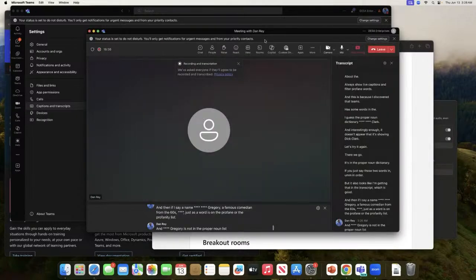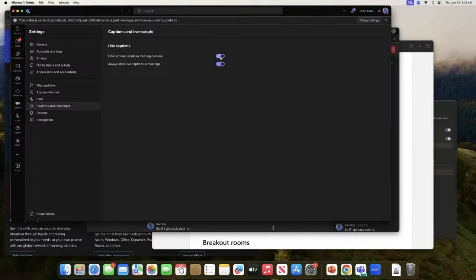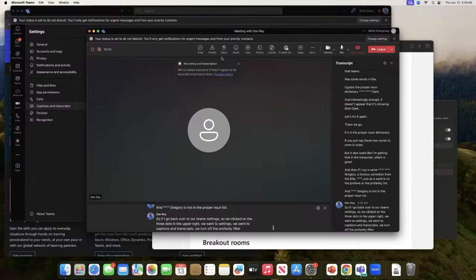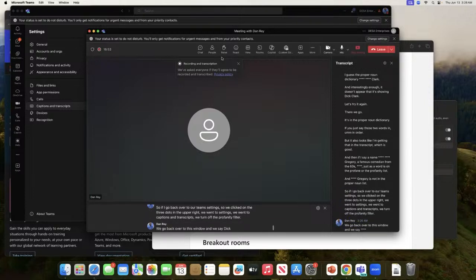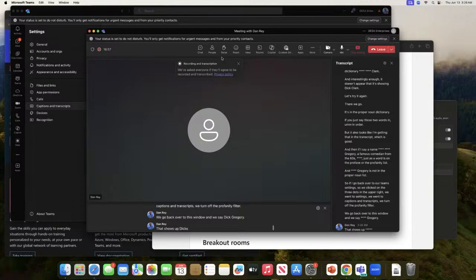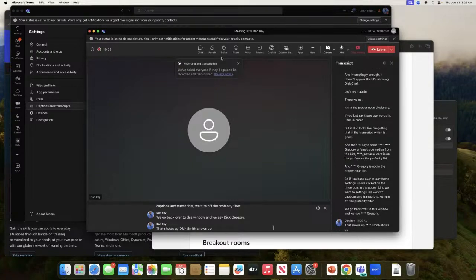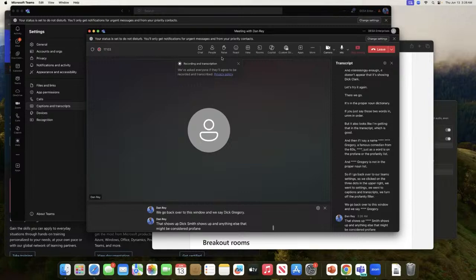So if I go back over to our Teams settings, so we clicked on the 3 dots in the upper right, we went to settings, we went to captions and transcripts. We turn off the profanity filter. We go back over to this window and we say Dick Gregory, that shows up. Dick Smith shows up, and anything else that might be considered profane will show up as well because we've just